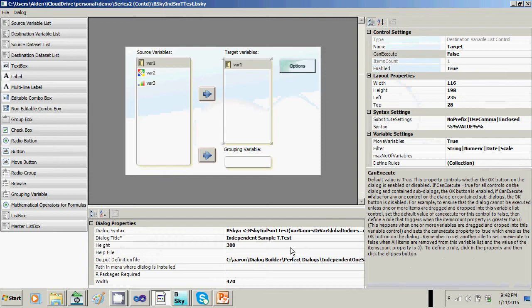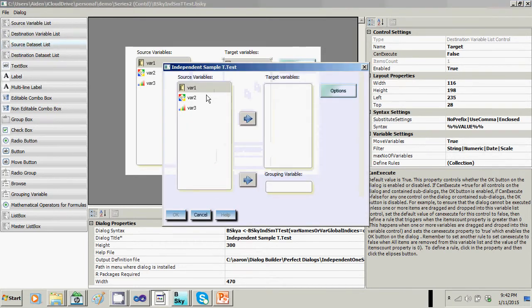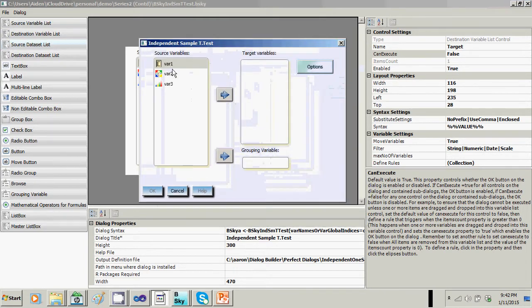and here in the dialog editor application, I have the independent sample t-test. I'll preview it so you can take a look. So basically, here's the dialog. I can analyze a scale variable. I want to group it by